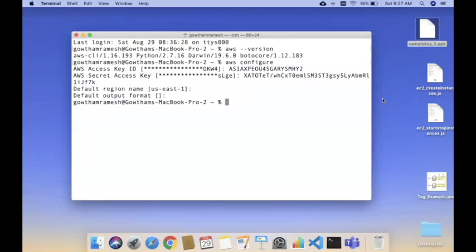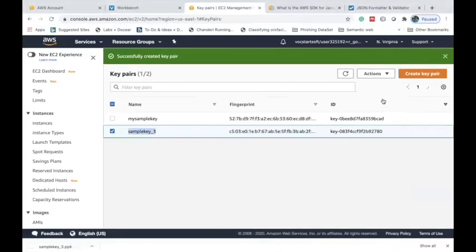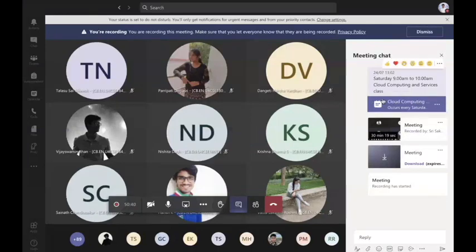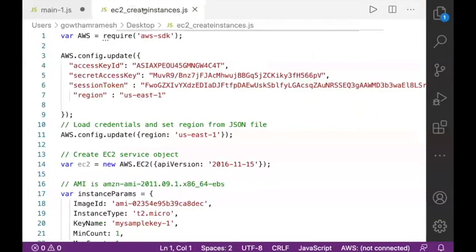Now I'm going to take a Node.js program. This particular program helps me create an EC2 instance in the AWS server.